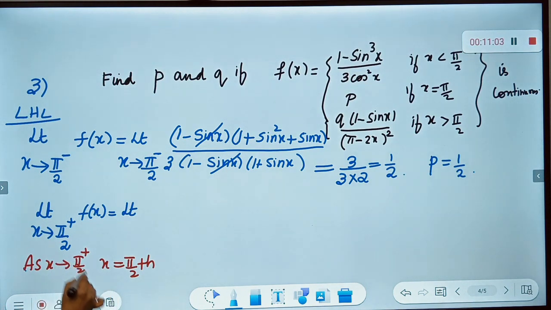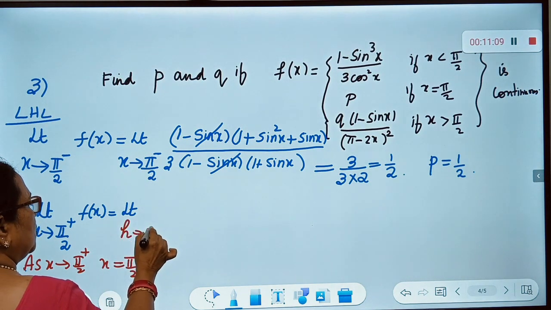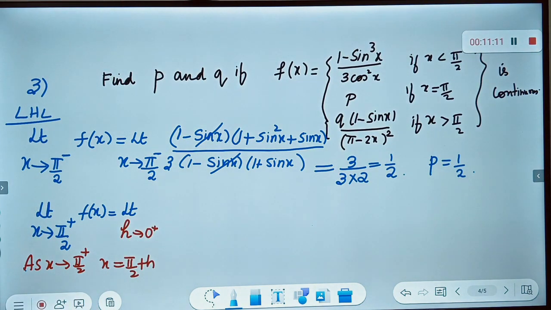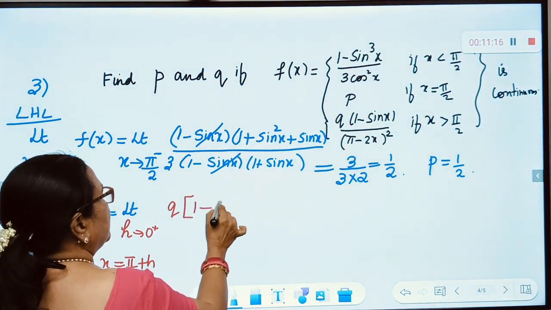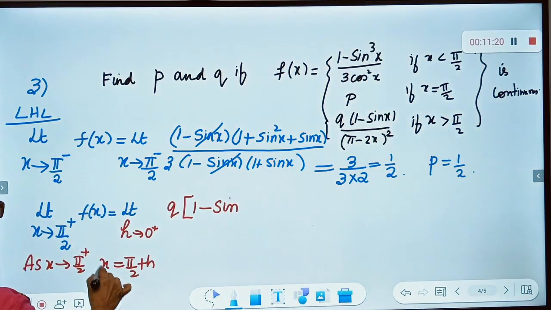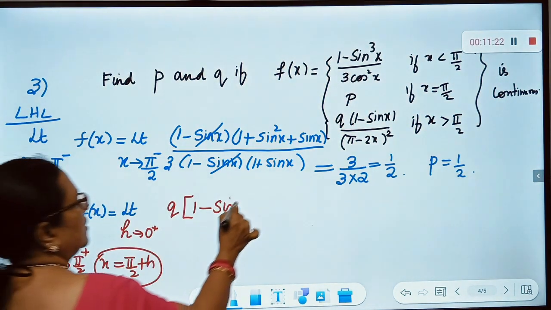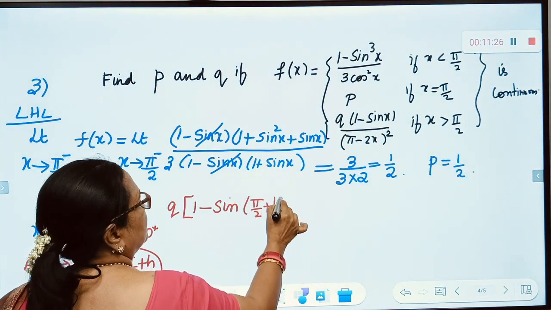As x tends to pi by 2, h will tend to 0. So the whole thing can be written as limit h tends to 0 plus, q into 1 minus sine of, now what is your x? X I have written as pi by 2 plus h. 1 minus sine of pi by 2 plus h